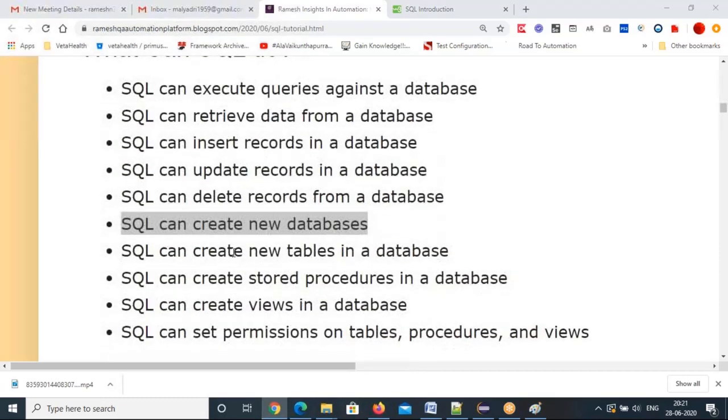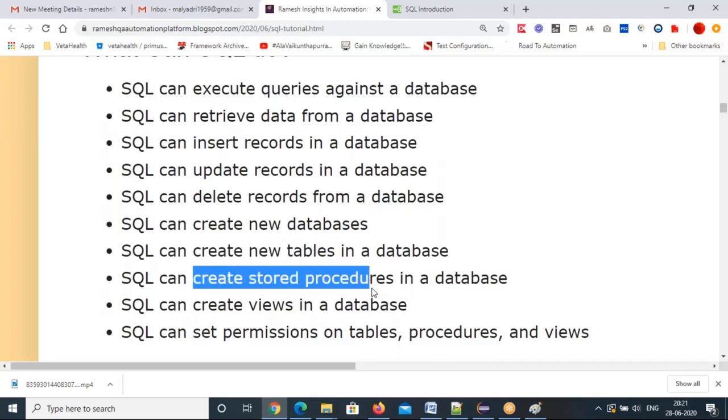And SQL can create new tables, and you can create stored procedures. Stored procedure means bigger SQL programs. In Java we write big programs, right? Like that, to interact with database data, you will write a lot of programming. That programming is done by stored procedures.